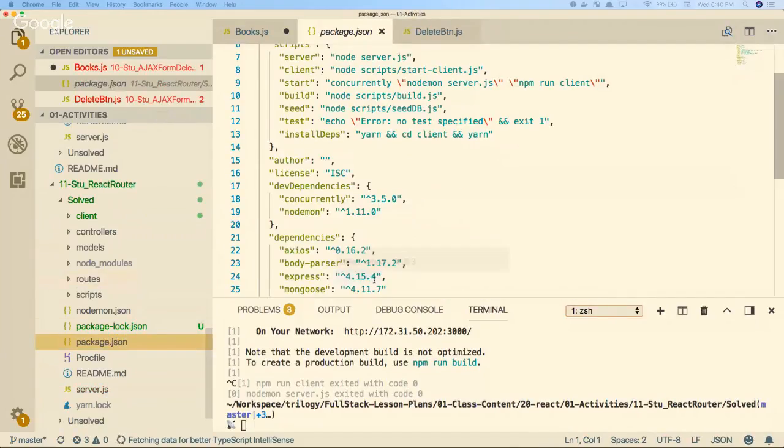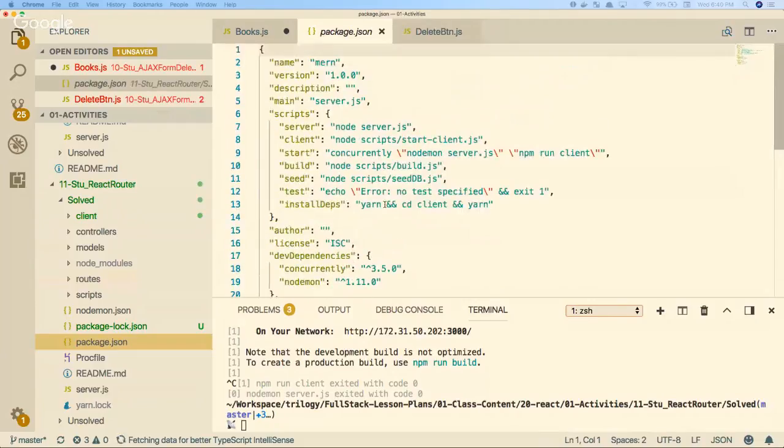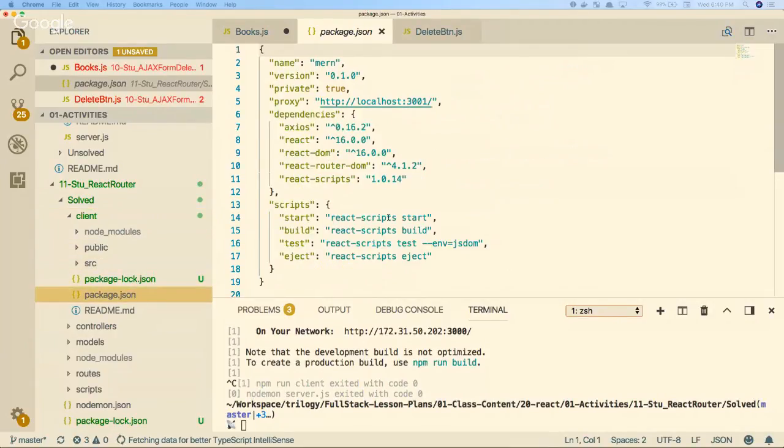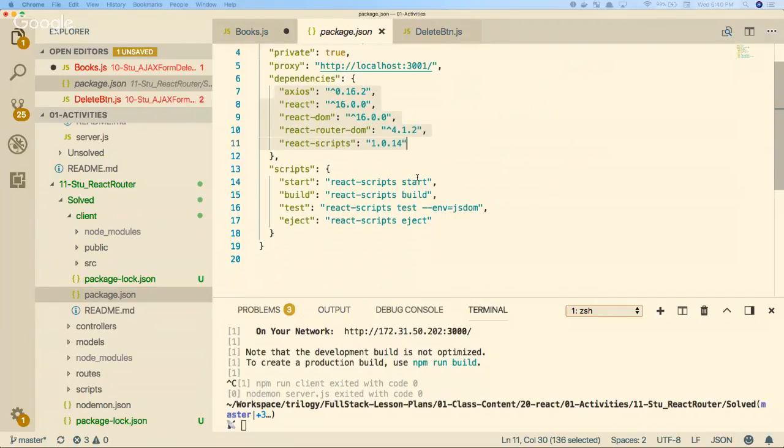Just to be clear, if we look here in the client's package.json, you'll see that the scripts say react-scripts start, react-scripts build, react-scripts test, react-scripts eject. You'll also see we don't have very many dependencies. When we eject our application from create React app, you will notice these scripts will change. They won't be react-scripts anymore. react-scripts is an executable, just like Node. Node is an executable. react-scripts is also an executable,